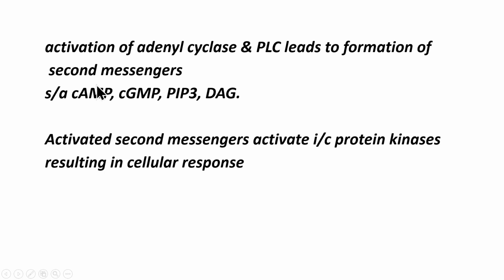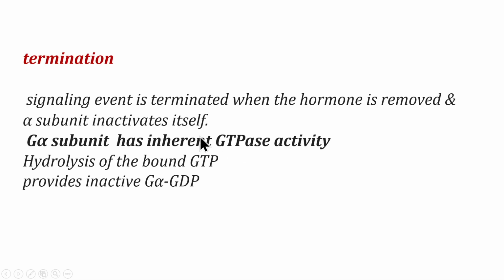These include cyclic AMP, cyclic GMP, inositol triphosphate, and diacyl glycerol. The activated second messengers activate intracellular protein kinases such as protein kinase A and protein kinase C, which ultimately result in cellular response. Once the desired response has been achieved, the signal mechanism needs to be terminated, and this is achieved